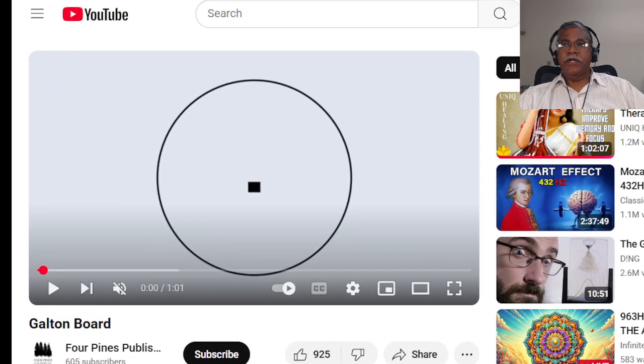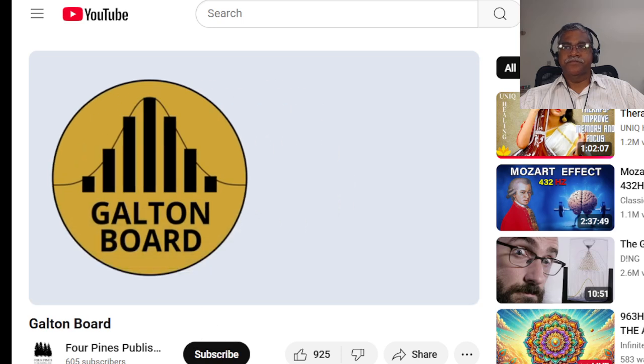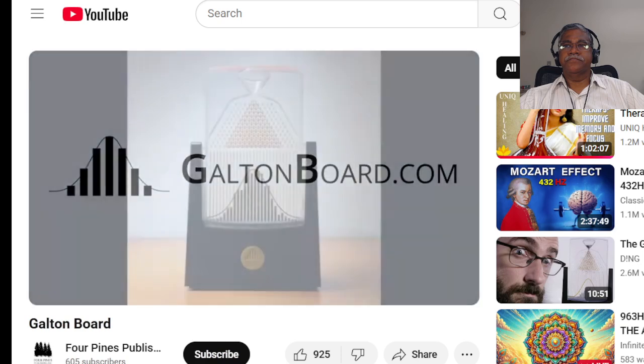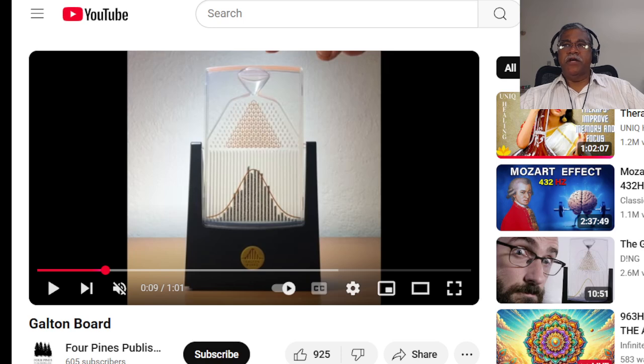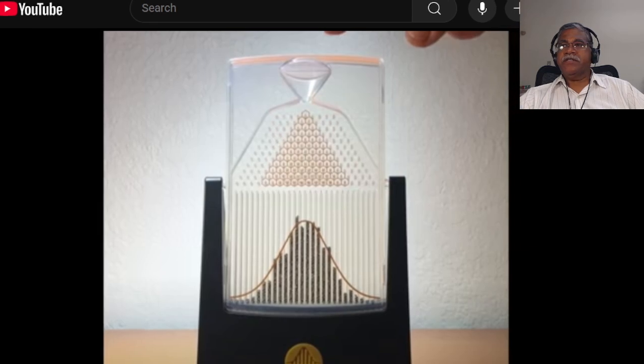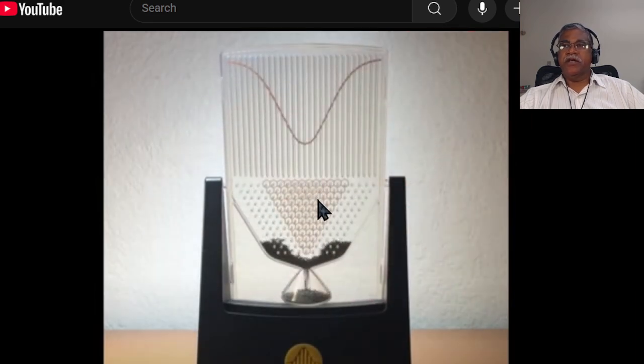Okay. So let's take a look at the Galton board. Now let me stop and talk a little bit about it. So here you have a bunch of... See, what happens is, if you expand this, you will see that the Galton board has, this guy is going to drop a bunch of ball bearings into this, okay? So you'll see these are all ball bearings.